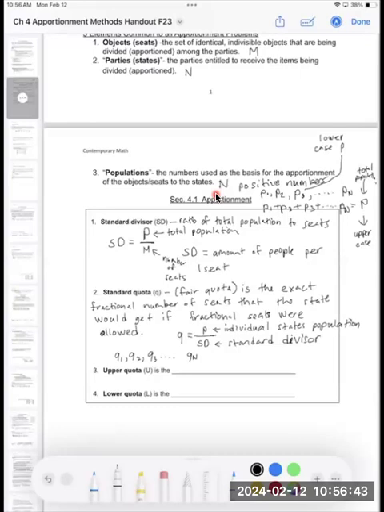So like I said, if we calculate the quota, we took that state's population and divided by the standard divisor, how many people per one seat. Let's say that we did that for a particular state, Kansas, and they got 35.5. So we owe them 35.5 seats in Congress. And like I said, we cannot give them half of a seat. So the best case that we could do, since we have to give them a whole number of seats, is